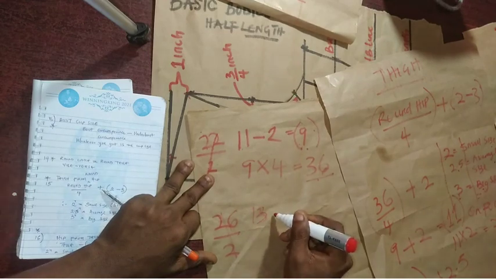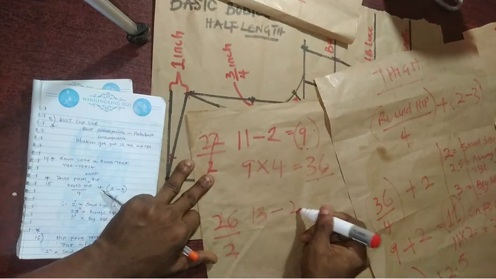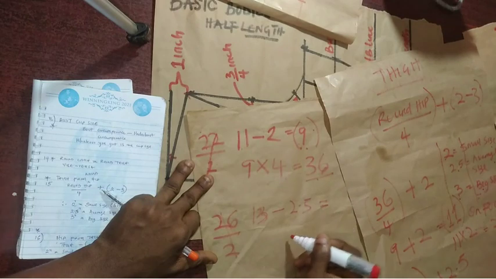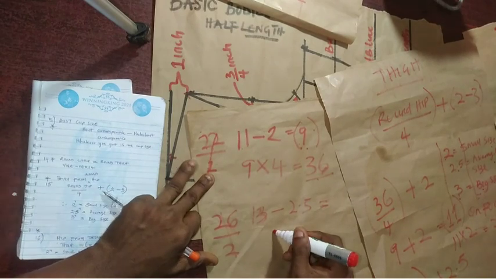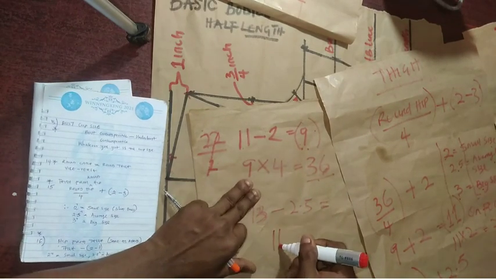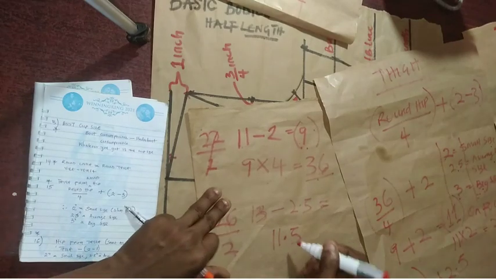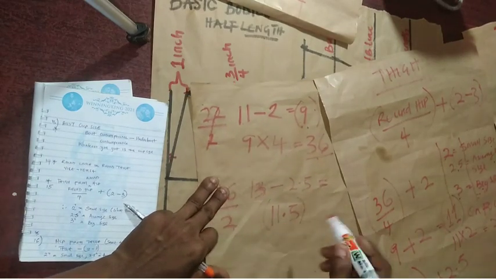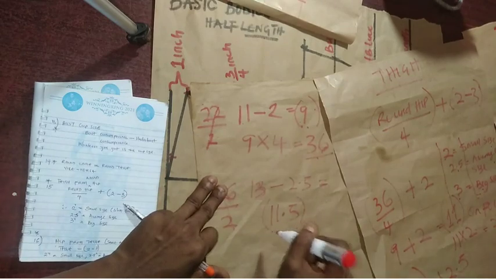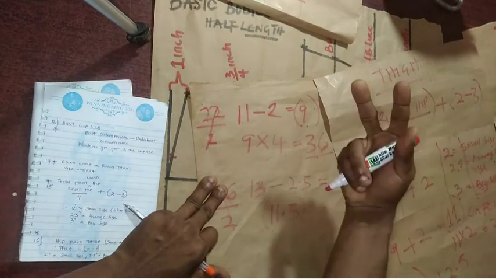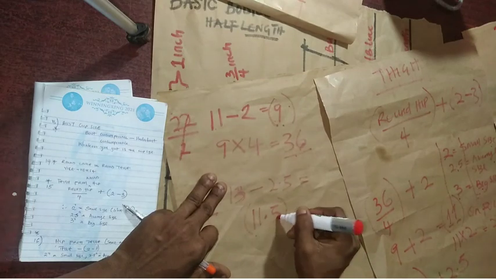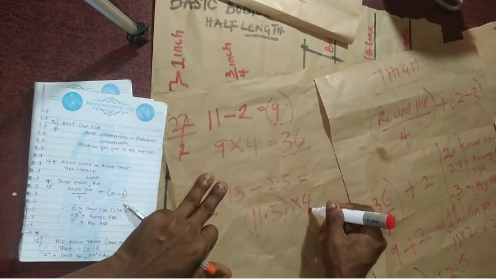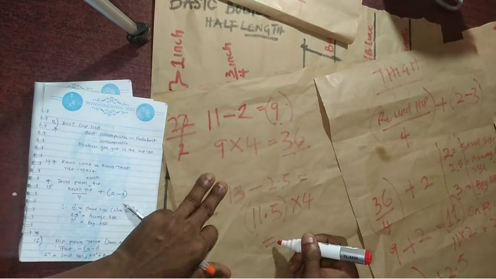13 minus 2.5, which is going to be giving us 11.5. Do you guys understand? Now, this 11.5, remember what I said? This is the person's round hip divided by 4. So in order to get the full hip circumference, all we are going to do is 11.5 times 4, which is going to be giving us